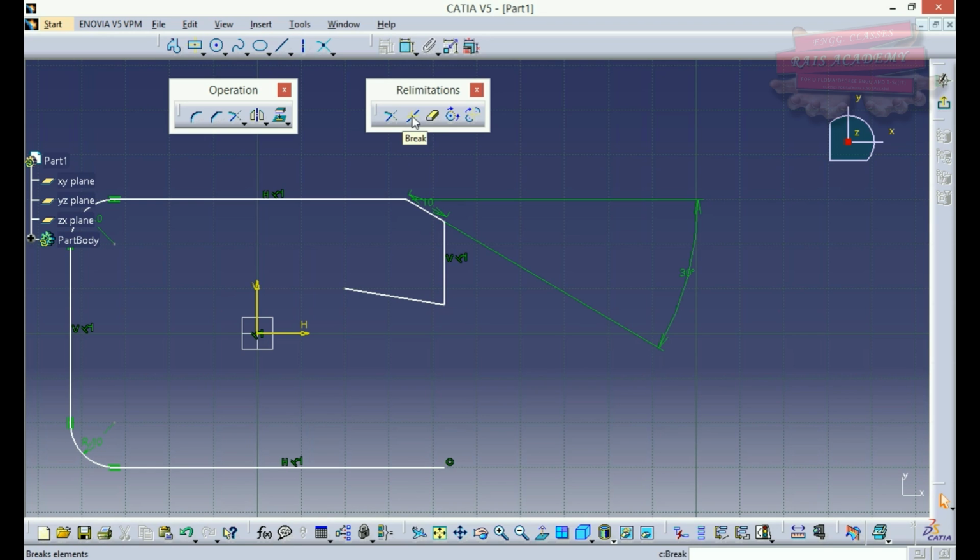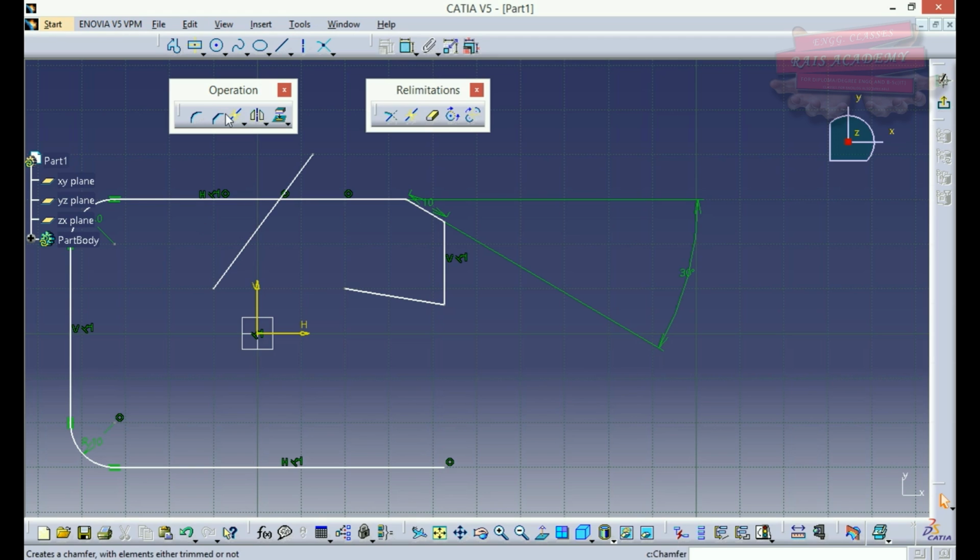So now we'll see another option, the opposite of it. This is break. Suppose I want to select this line and I want to break this line at this point by this line. I'll click on this line, and previously when we were selecting the line, it was selected as a single entity. But now this line has broken off from this line, and we can select these two lines separately, because these two have been broken.